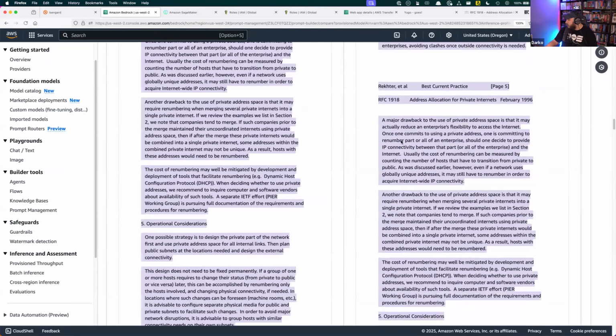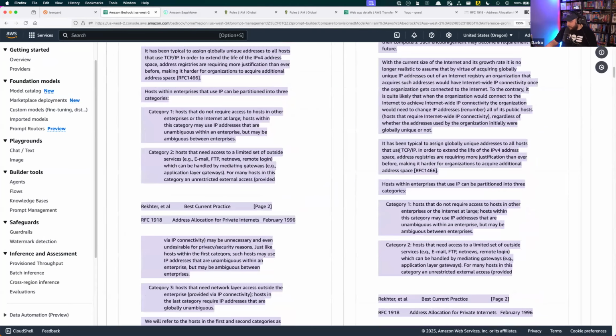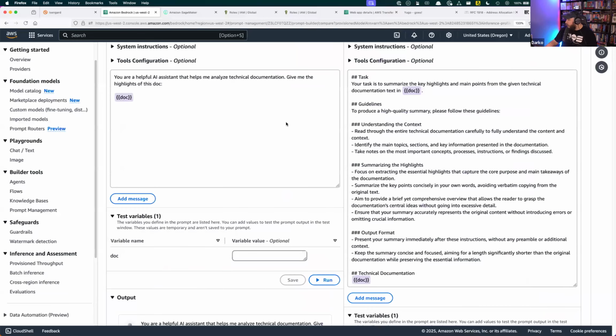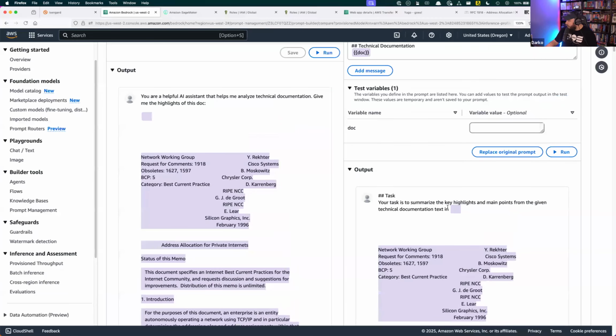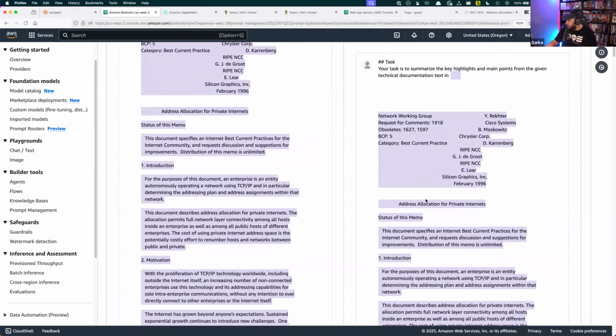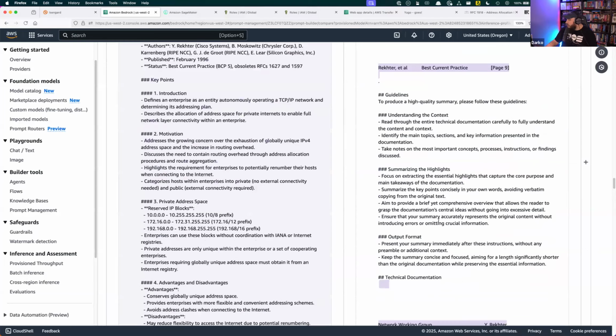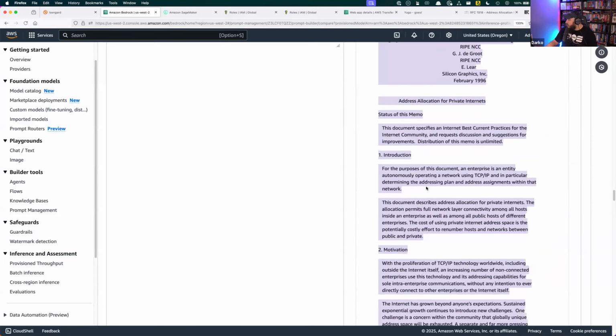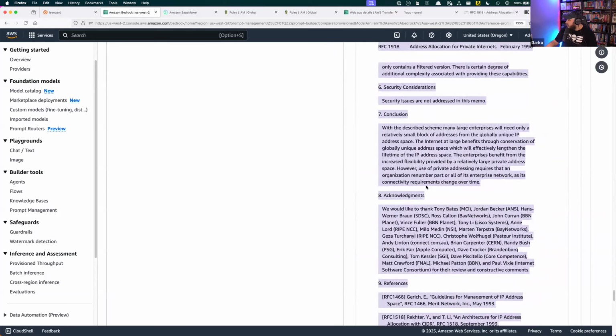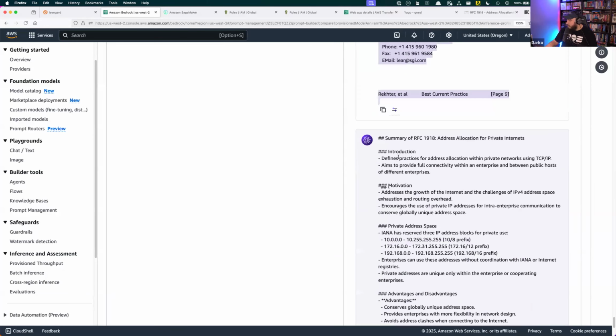Let's see what happens. I shouldn't have pasted in such a long document. But it says here, your task is to do the text in, and then does the text, right? So this does the whole thing here. And then here's the output. Here's the technical documentation. And then here's the output on this one, right? And it's your job now to compare the two.